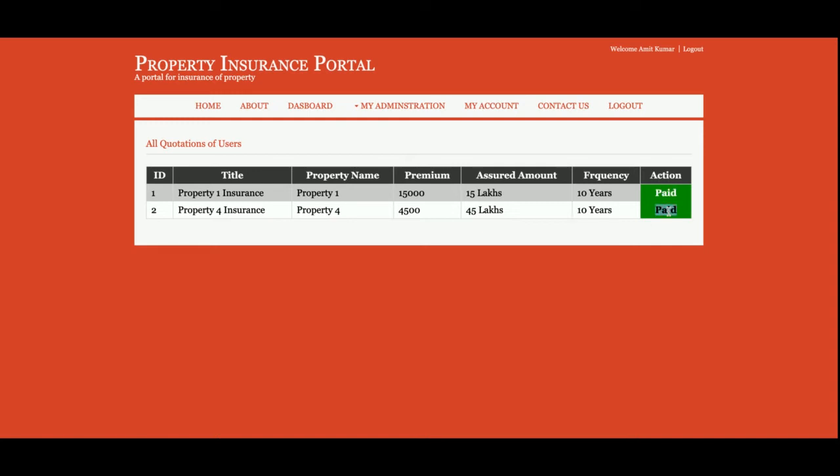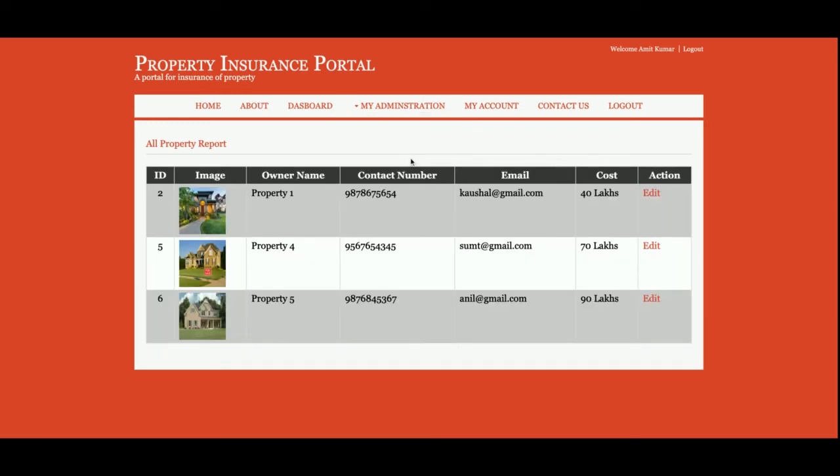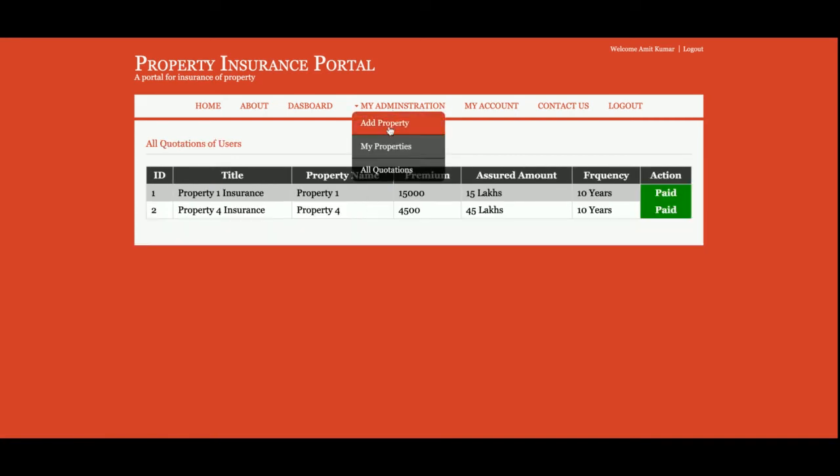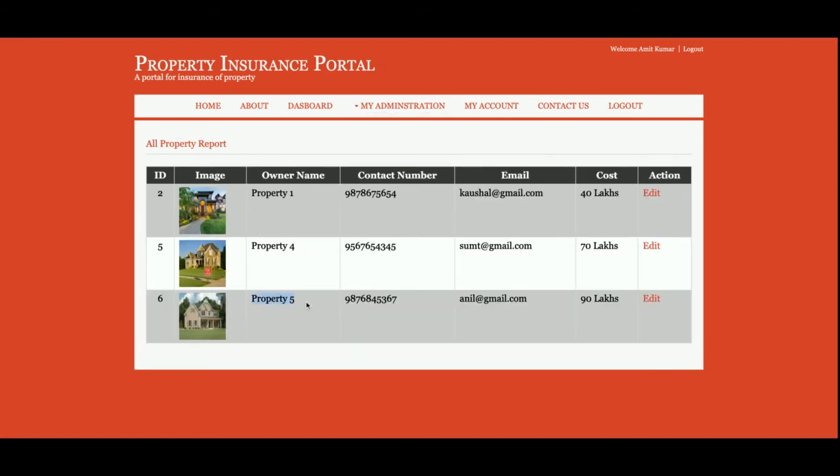That's why it's showing the paid, right? So let me check which property is not paid. That is 6, right? Okay, I think property 1, 4, right? So that's the 1, 4, and there is no quotation available for property number 5, right? So now I'm logging in as an admin. After that, I will create the quotation for property number 5, and after that you will be able to pay,